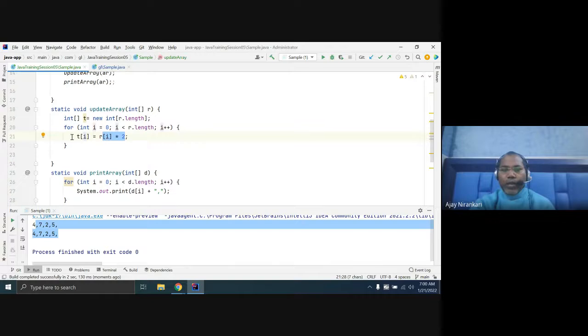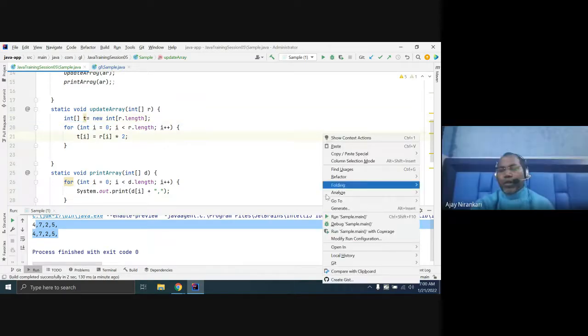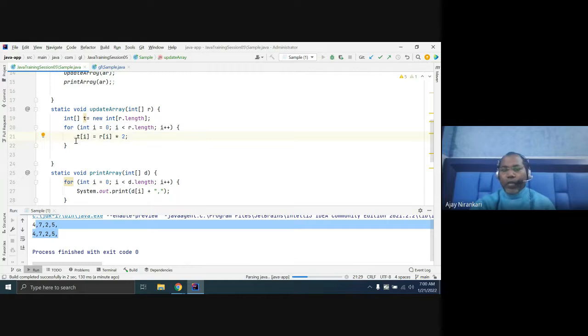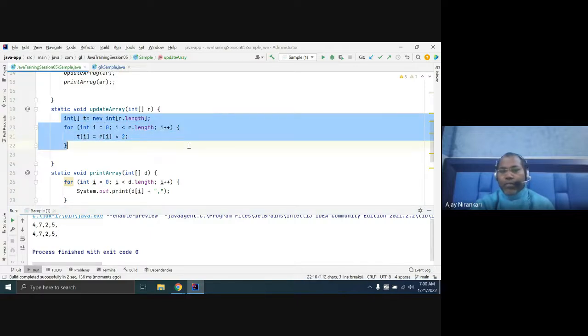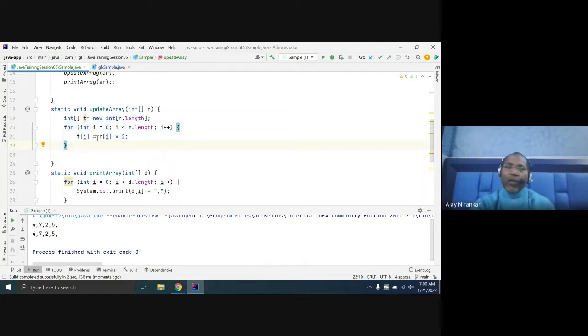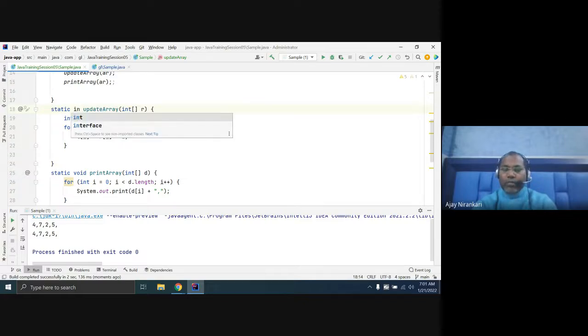Here the t array is created, but what is the output of the t array? We are doing something here, but I am not getting output because we are not printing this t array. So in this scenario, you can change this return type to int array.